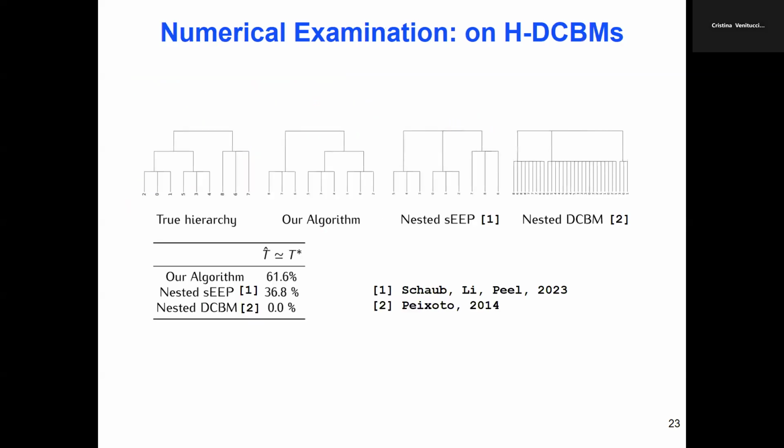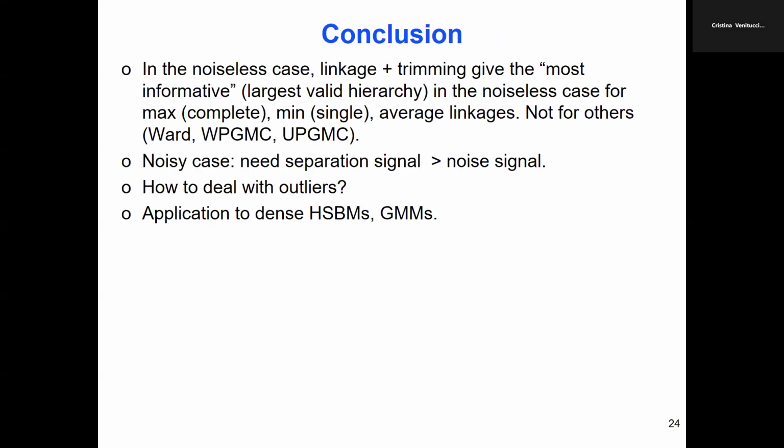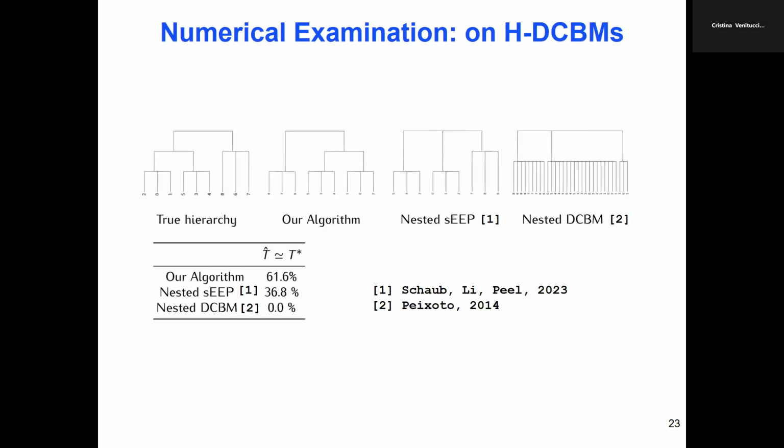So of course, to have ground truth, you need to apply this to models. For example, a stochastic block model, which is a hierarchical stochastic block model. Then essentially, if you have a true hierarchy, there are a few methods that you can apply. So there are two methods that we found in the literature, one from 10 years ago and one much more recent. And if you apply them,